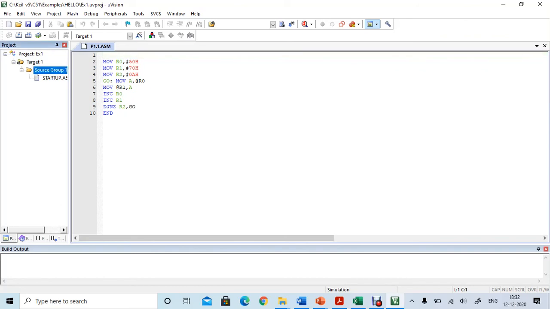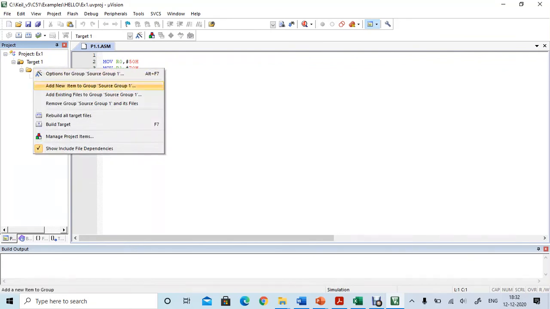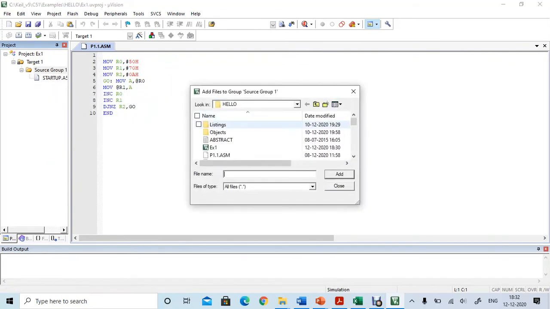Right click on source group and add existing files to group source group 1, click the particular program file and click on add. You can see the file has been added. Then click on close.